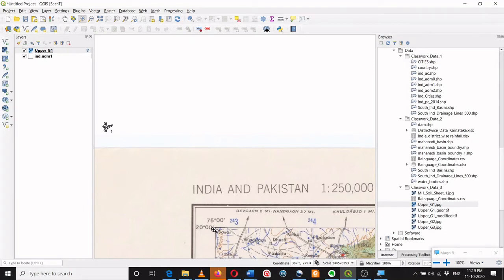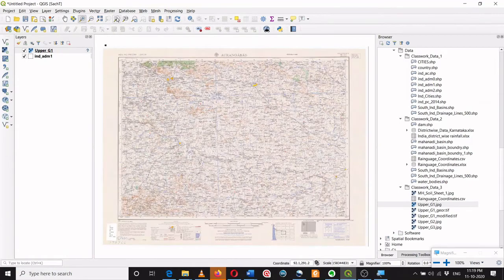Similarly, there are 2 points at the other end of this topo sheet. By using it, we can easily georeference this entire topo sheet. And we'll see in a subsequent video how to georeference this.